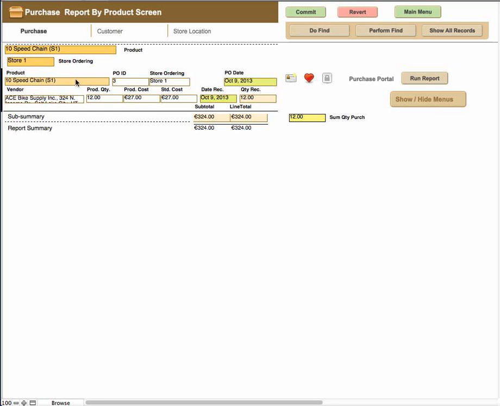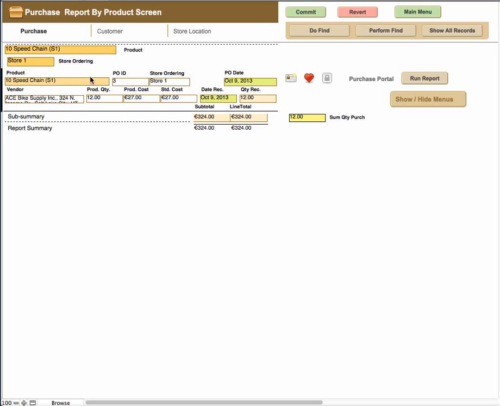I want to indicate if you are looking at the sample records, you can overwrite them by going into the record and just replacing the information that's currently in there. You do not need to delete them. In fact, sometimes deleting them takes the sequence number for the invoice out, this POID number, and you don't want to do that because you want these to be sequential all the time so you can see them as running